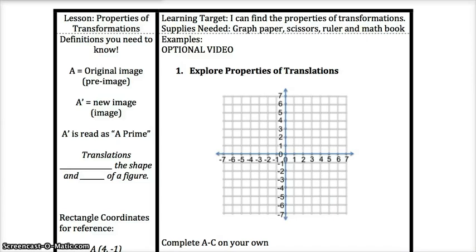Hi students, today we're looking at the lesson Properties of Transformations, and your learning target is I can find the properties of transformations. I want to emphasize to you that this is an optional video. If you do not want to watch this video, if you'd rather work ahead on your own, you'll need to